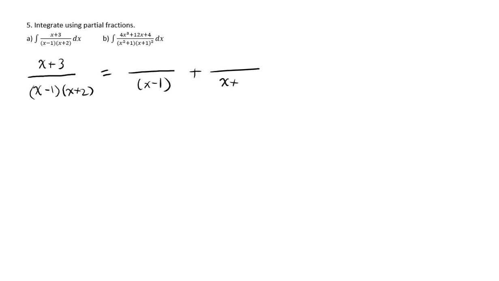Number 5, integrate using partial fractions. Partial fractions is a way to take a single fraction into a sum of simpler fractions. And if you have a fraction that has x minus 1 in the denominator and another one that has x plus 2 in the denominator,